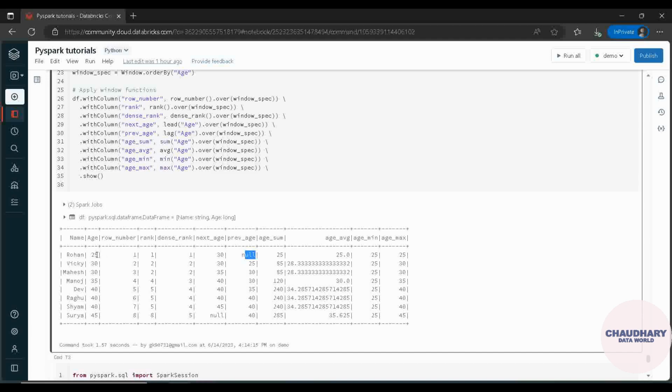That means it has taken one step back, correct? And it has put it here like 25. Then it's 30. You can read it throughout. You will get to know next and previous very easily. Now the confusing part, and very much confusing part, is this